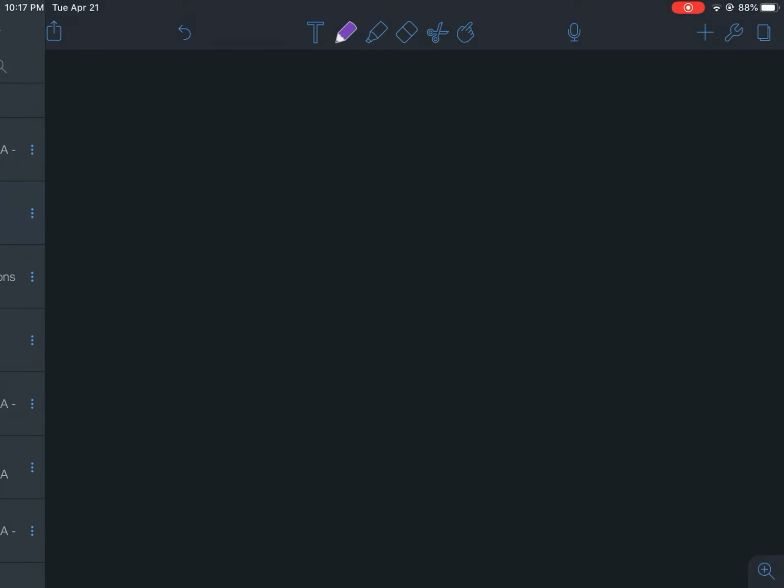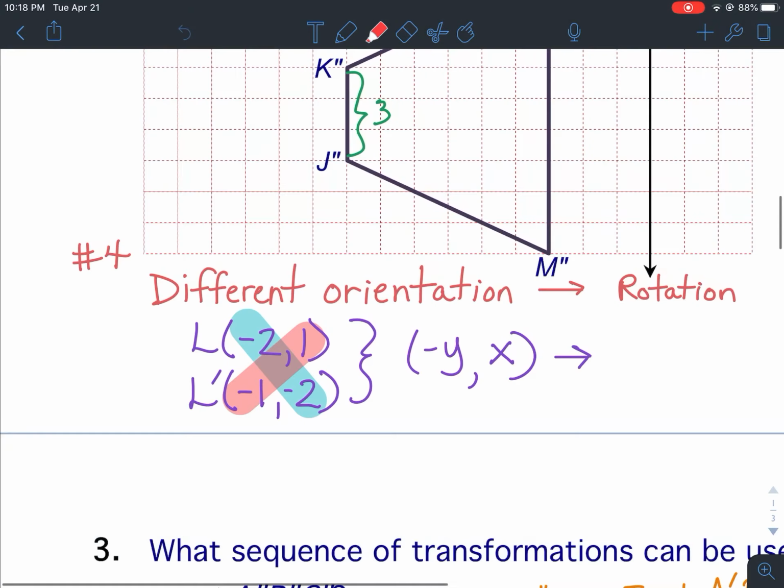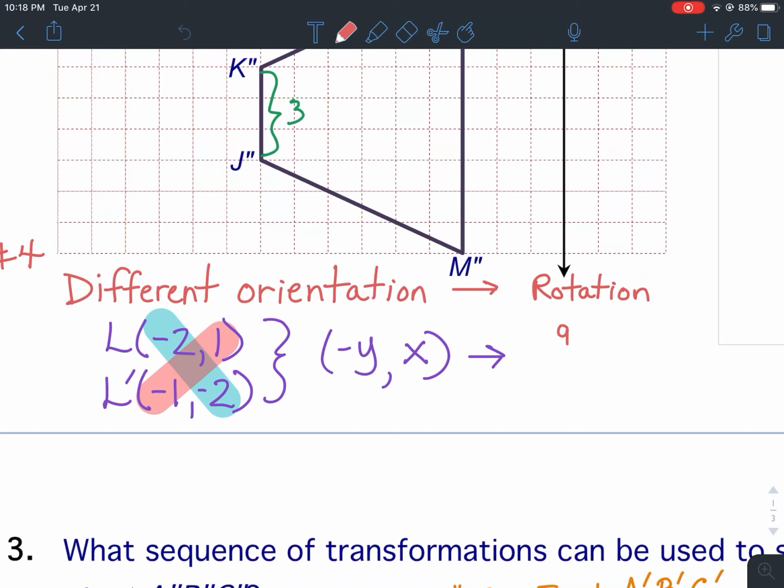Well, if we go to our chart on rotations, we're looking for -Y, X. I see -Y, X here, and I see -Y, X there. So that means our rotation was a 90 degrees counterclockwise or 270 clockwise. If I go back here, the rotation that occurred was 90 degrees counterclockwise or